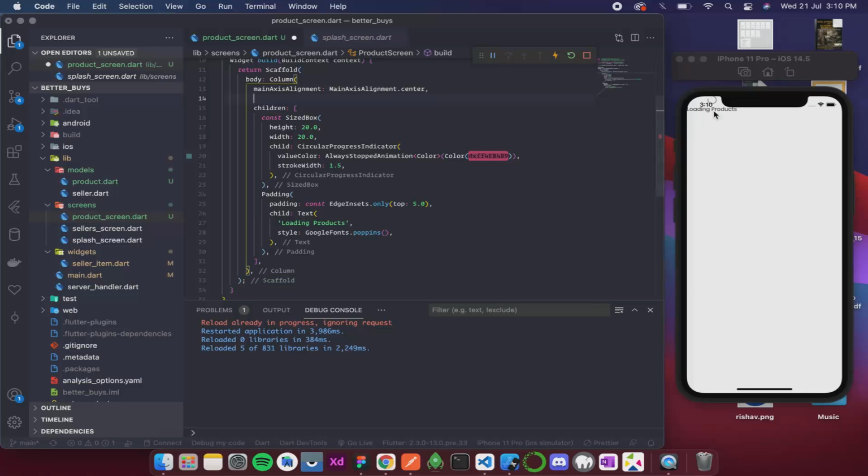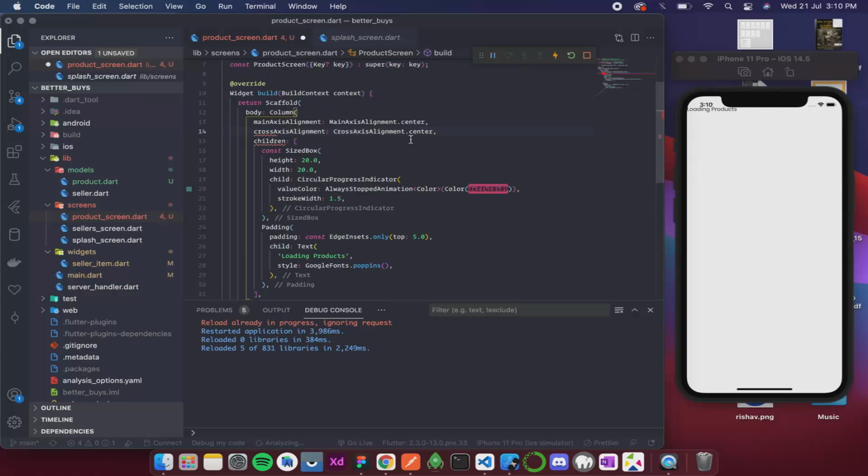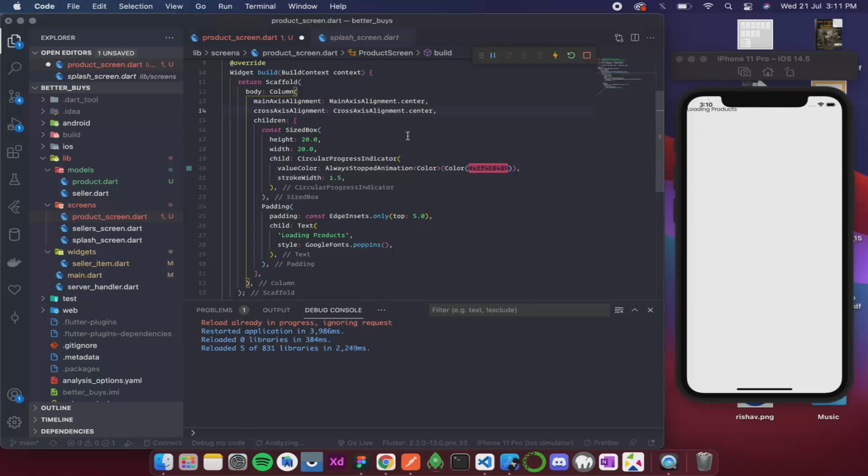When we are talking about column, this is our main axis alignment and this is our cross axis alignment. So we also have a cross axis alignment, and that also has a cross axis enum. Dot center. So we brought this in center as well. Okay, cool. Now let's format this and save this, and we have it over here.